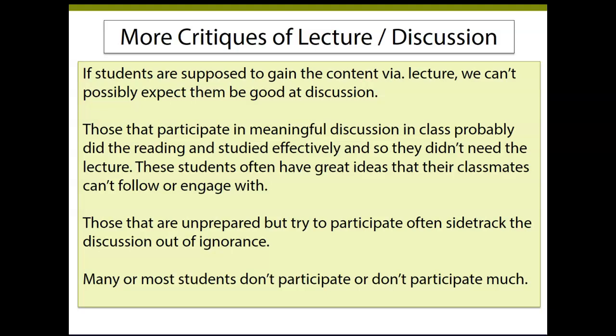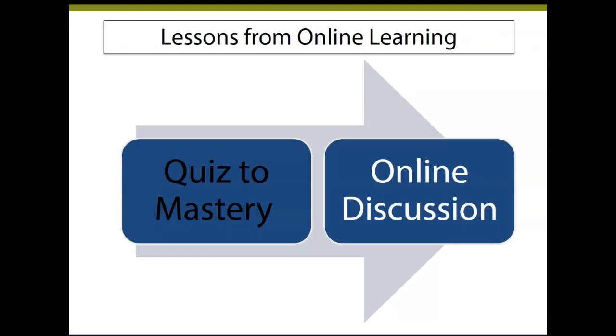And so you've got these two groups of students who are participating, right? Some of them didn't need the lecture, and they're frustrated because you can't discuss the level they want to. You got this other group of students who participate, and they're participating, but it's actually moving you the wrong direction, right? And then you've got the other portion of your students, I don't know how many, half or more, that probably don't say anything unless you make them, and then they resist. I spent a lot of years working in online learning. This exact dynamic happens in online classes,